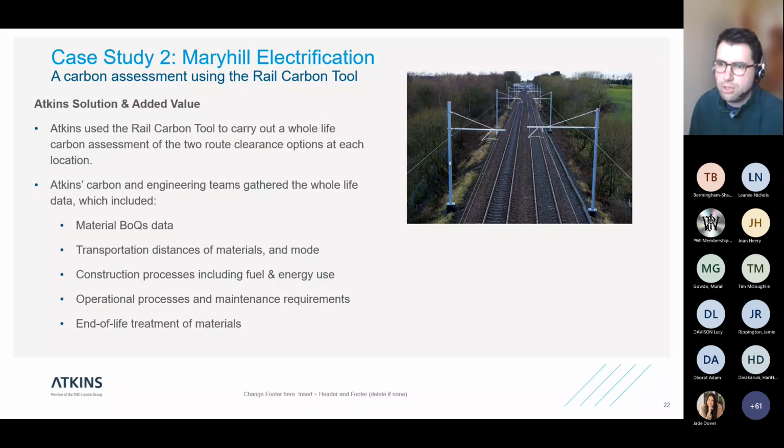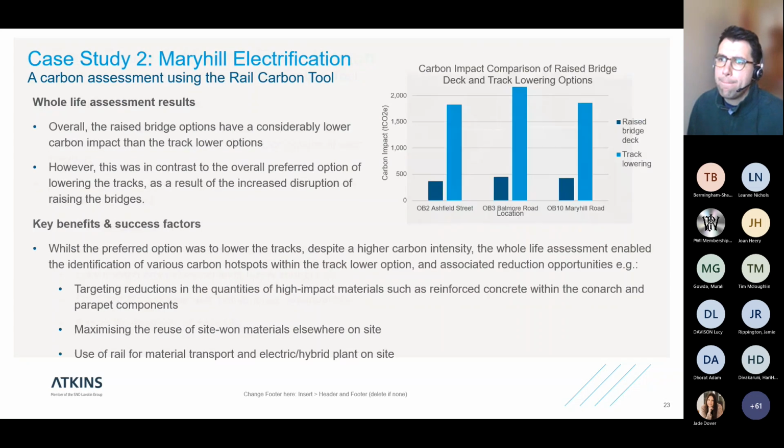2 route clearance options. So this involved gathering whole life carbon data, which, as I mentioned before, includes the materials, bill of quantities, transport distance of materials, construction processes, fuel and energy use, operational processes, maintenance requirements, and end of life treatment of materials. So the results of that assessment, overall the raised bridge option across the three locations